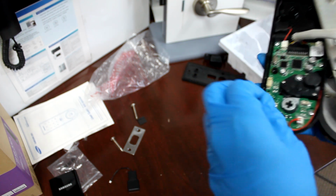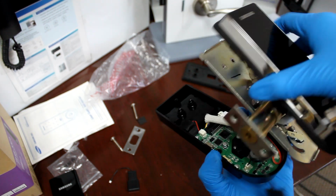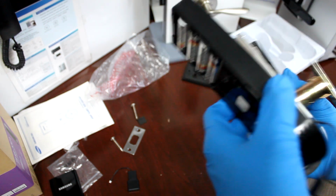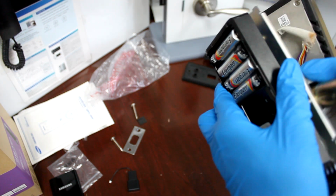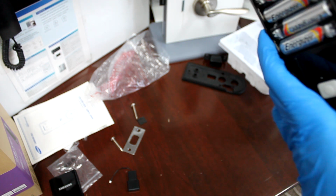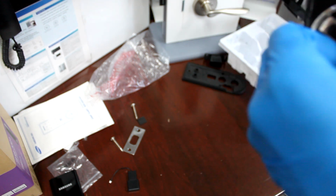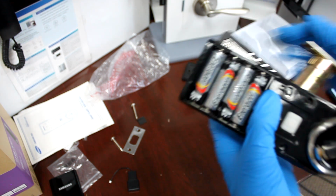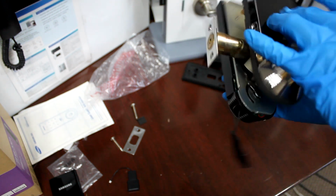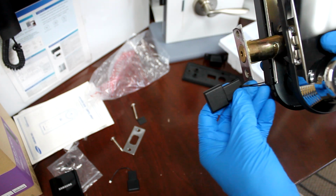remove this trigger and put it on. The sound is coming from me touching the screen. It's not a defect or anything like that. It's factory reset right now, so you're not allowed to touch the screen until you touch the magnetic sensor. So now that the deadbolt is on the left side and the trigger is on the left side,